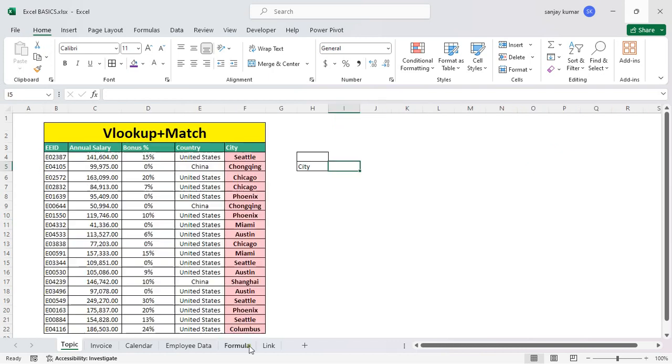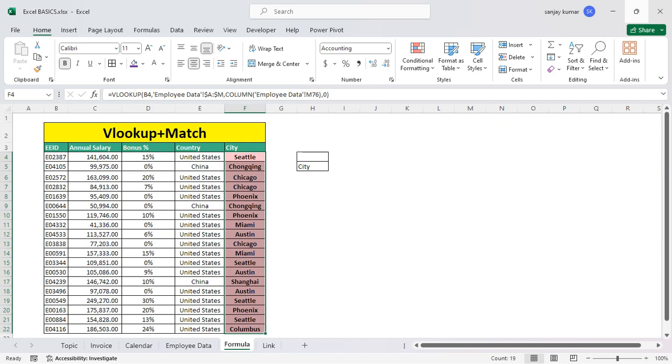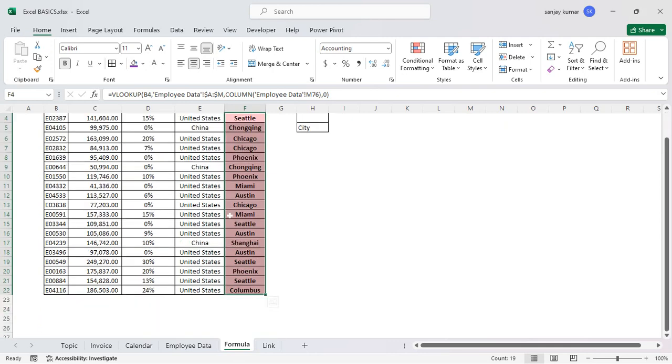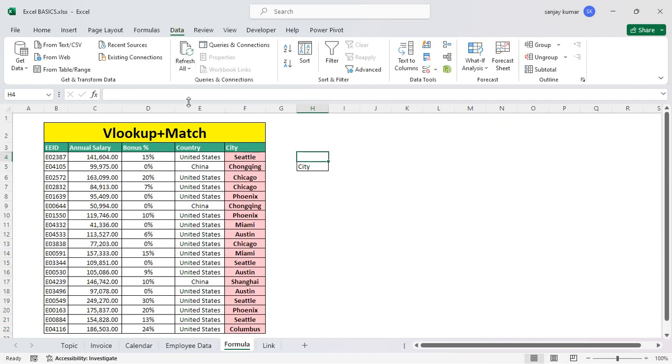So now we have this sheet where we have this data. Now we are going to learn about VLOOKUP MATCH. I have highlighted this, so whenever I select any answer, or we get any values, this row will get highlighted with those values. Now here we are going to use validation, and to do that you can go to